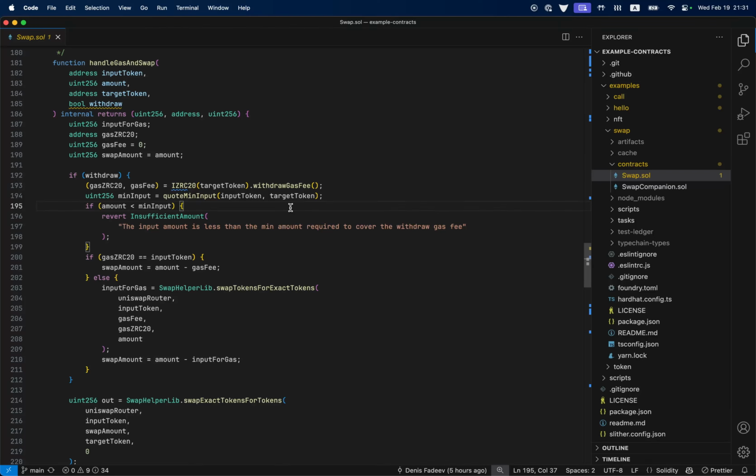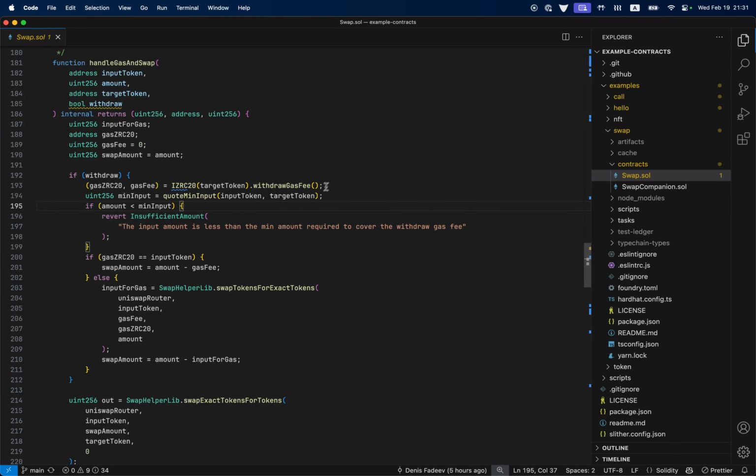When you're making a call from Ethereum to ZetaChain, you're just paying Ethereum gas fees, and that's it. But when you're making a withdrawal, that actually creates a transaction on a connected chain. So when you're making a withdrawal from ZetaChain to Ethereum, observer signer validators will actually create a transaction for you on Ethereum. And for that, you need to compensate the protocol. And you do that